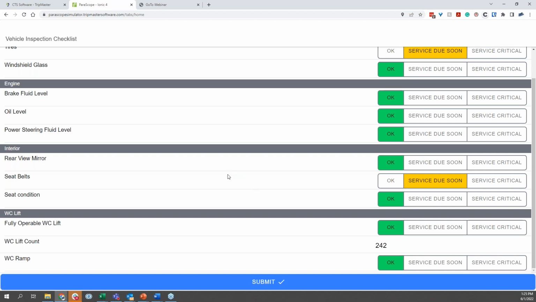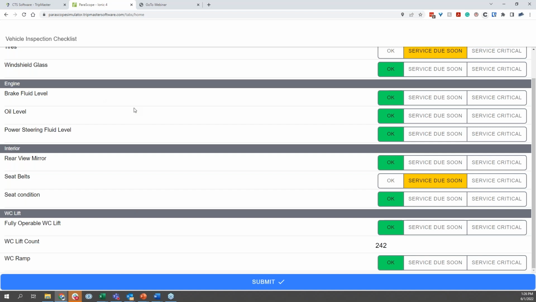Elizabeth, can you use this on like a mobile, like an app on a phone? Yep. Yes, this is for iOS, so iPhones and Android. Yeah, and Mark, we have a ton of folks that use our tablets. We recommend like a Samsung Galaxy tablet because it's a larger screen. You could use an iPad, or a lot of folks use cell phones. If they've already issued those to drivers, then they're using an iPhone, they're using an Android phone. You just install the app from the Play or the App Store, and then you're able to create this list.